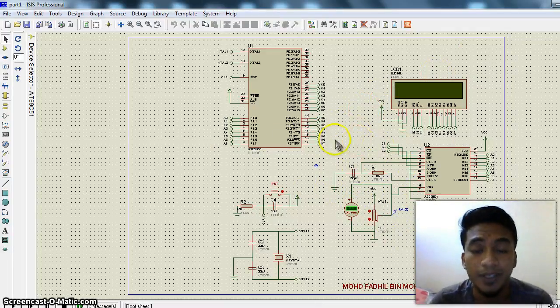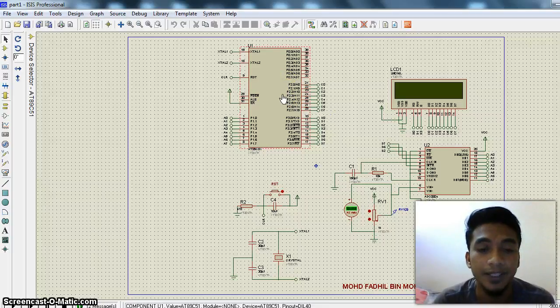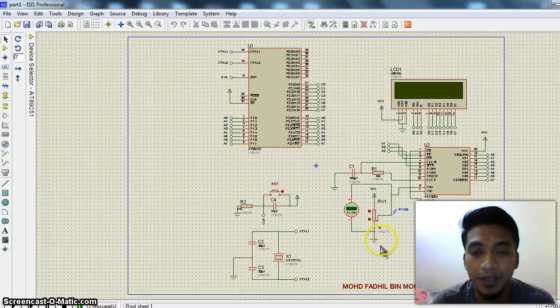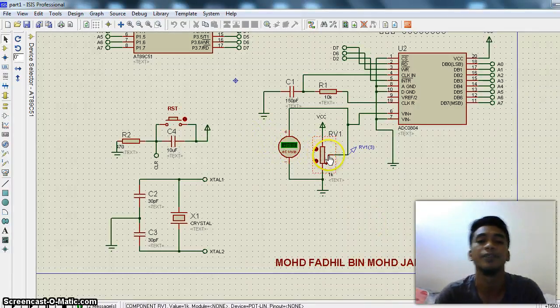This is the main circuit for part 1. You can see this is the 8051 IC, this is the ADC, this is the LCD display, here is the voltmeter, and this is the variable resistor.